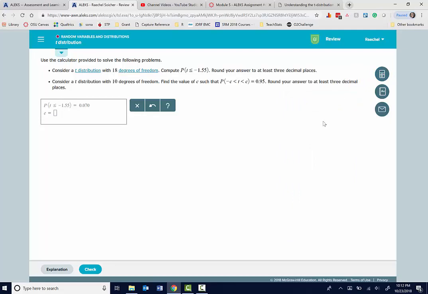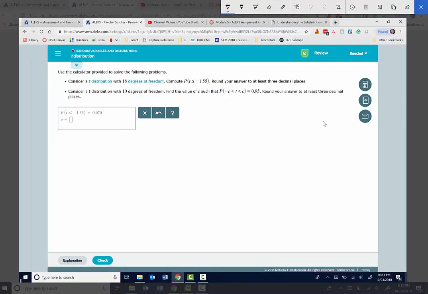Okay, and then the second part of the problem asks us to consider a t-distribution with 10 degrees of freedom, and we want to find a value of c such that the t-statistic falls between negative c and c, and that amount is 0.95. Okay, so this second part of the problem is asking us,